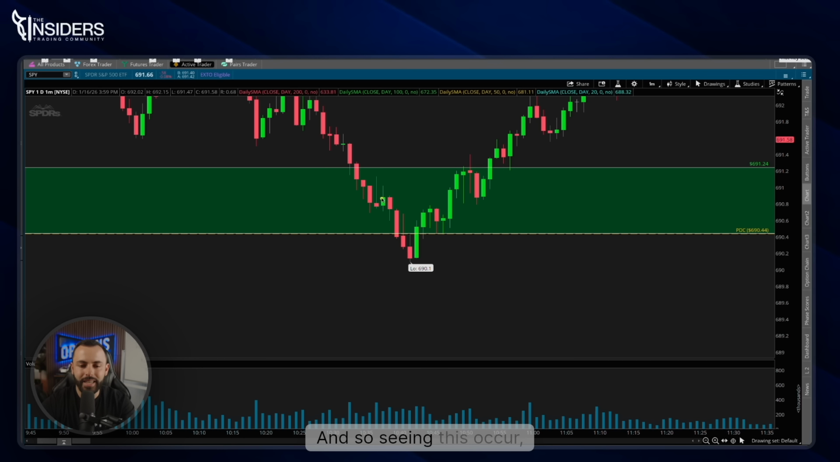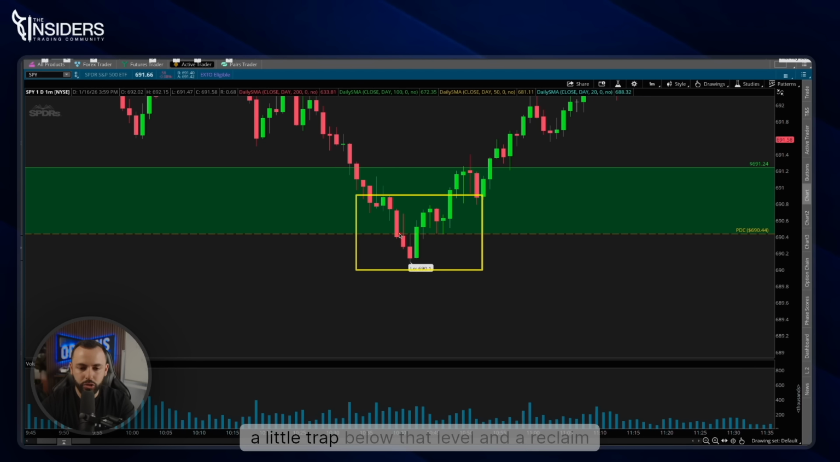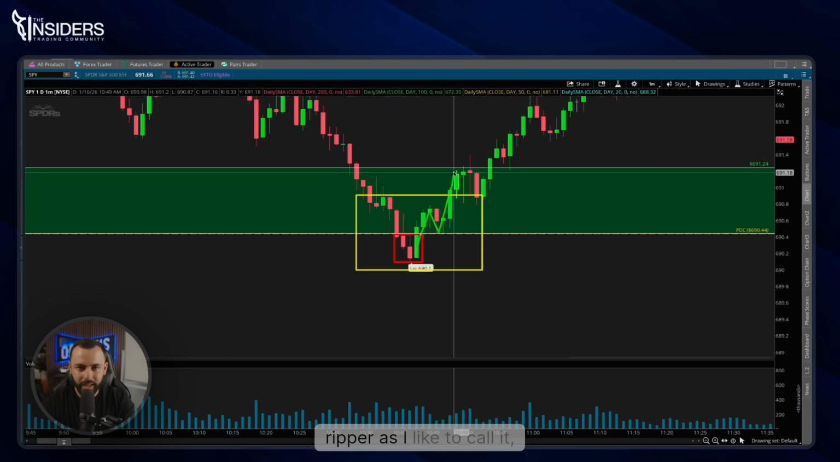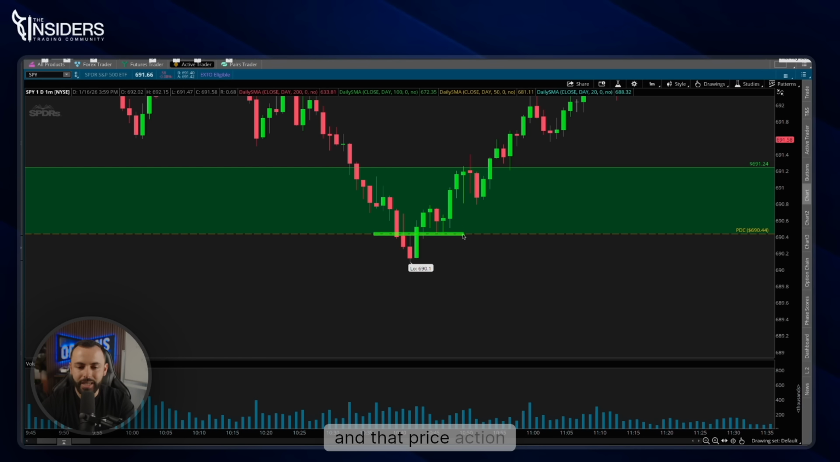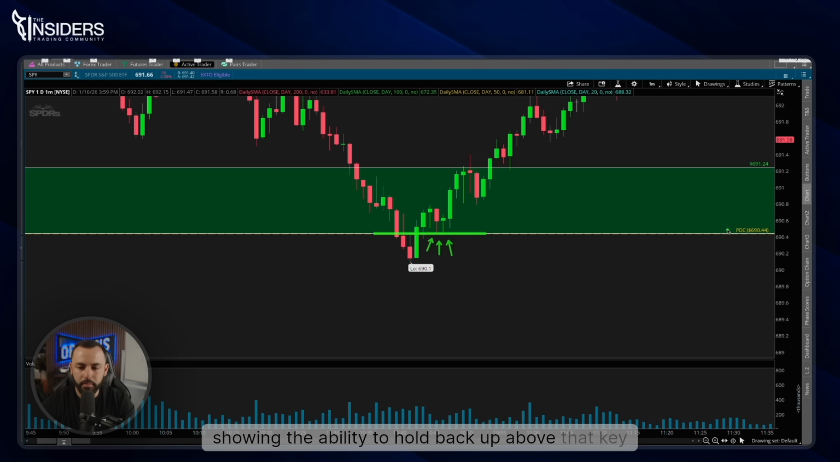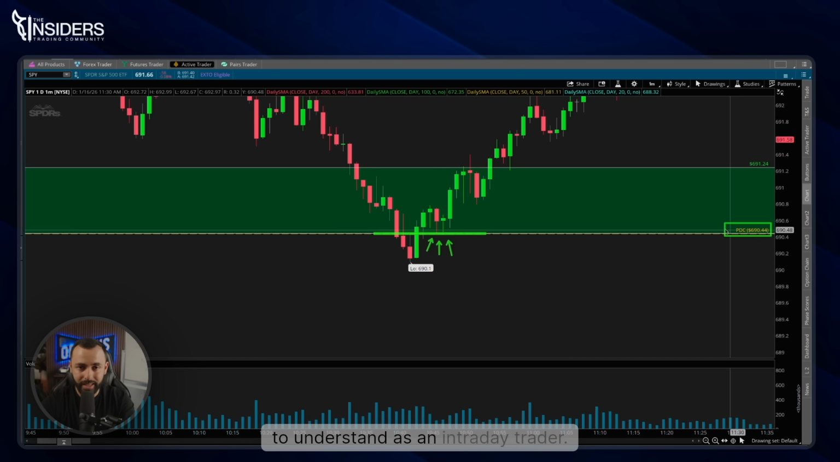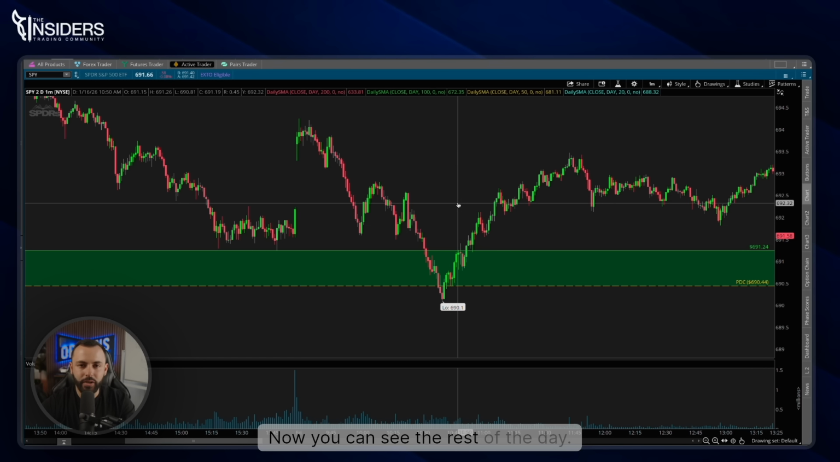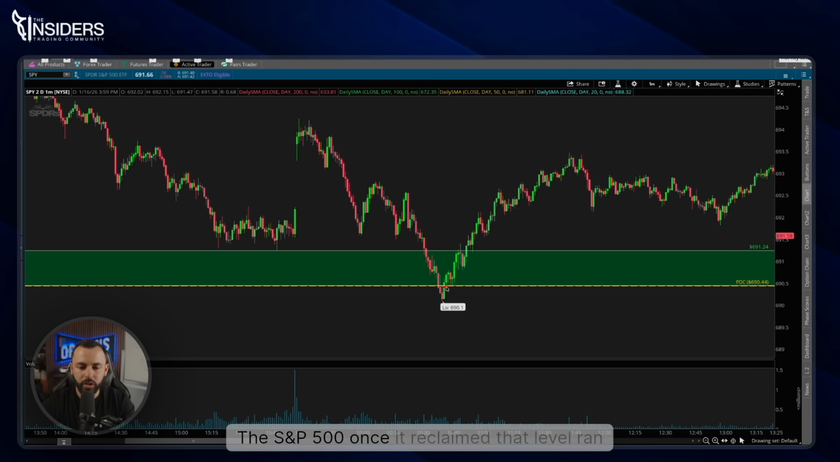And so seeing this occur, a little trap below that level and a reclaim ripper, as I like to call it, and that price action showing the ability to hold back up above that key inflection point is everything and is so important to understand as an intraday trader. Now you can see the rest of the day, the S&P 500, once it reclaimed that